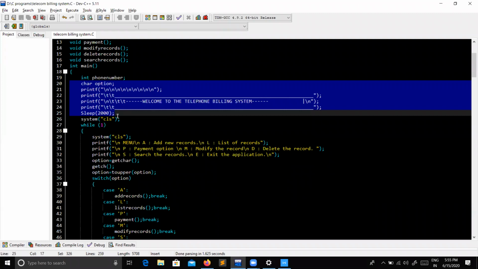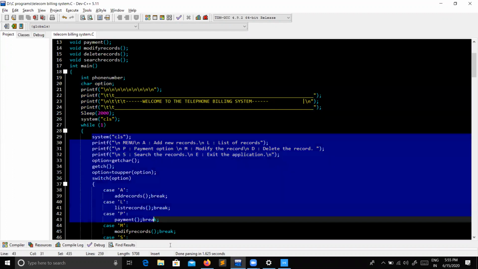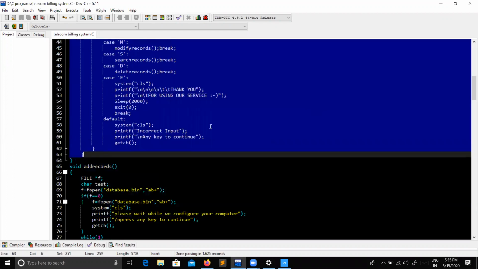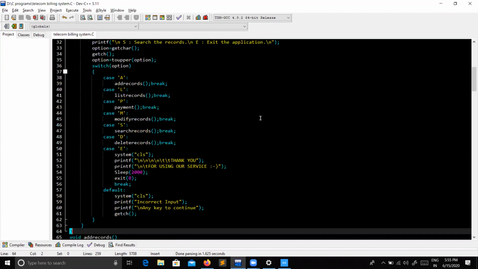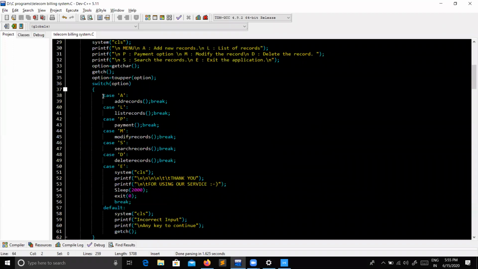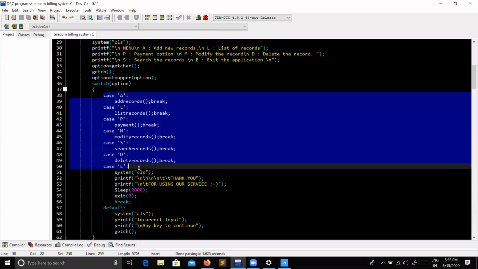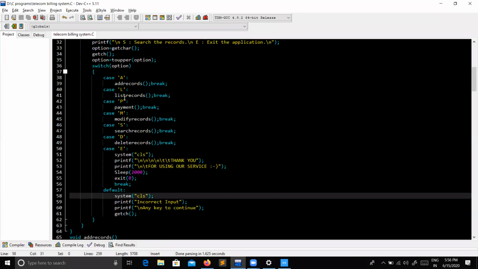Now coming to the main body of the program, this is all which displays till here, the switch case. In this we have included all the functions that I have previously told you, in different cases. And based on what input we give, it executes the code.